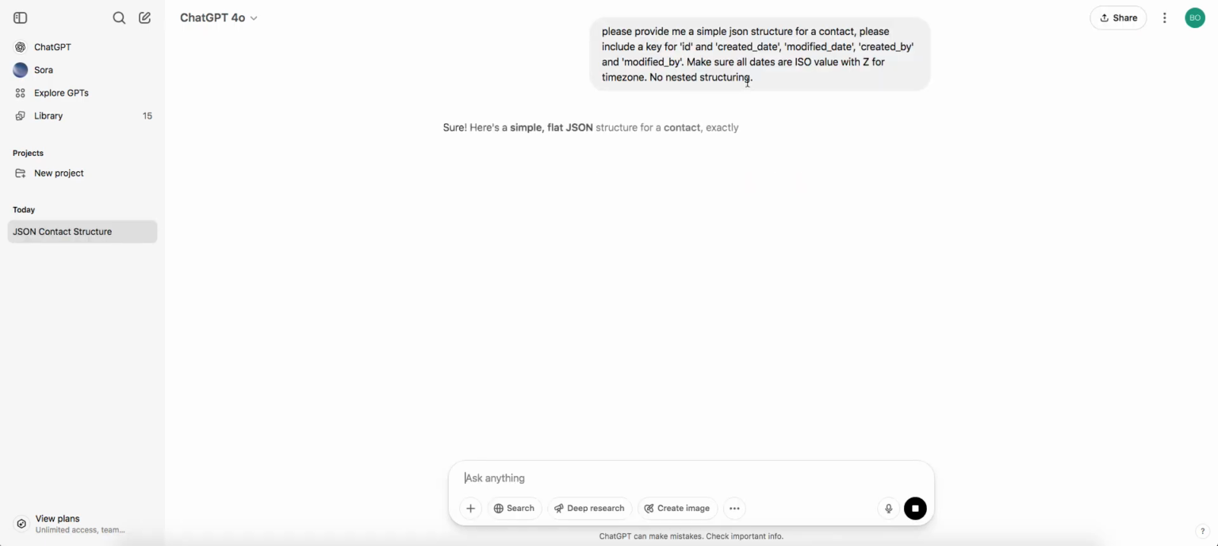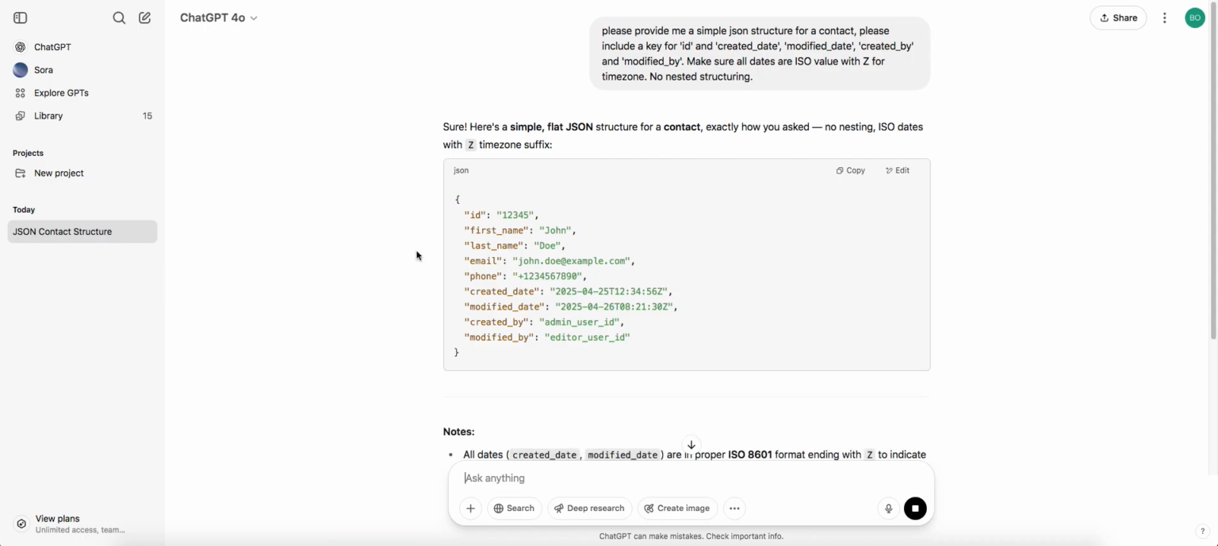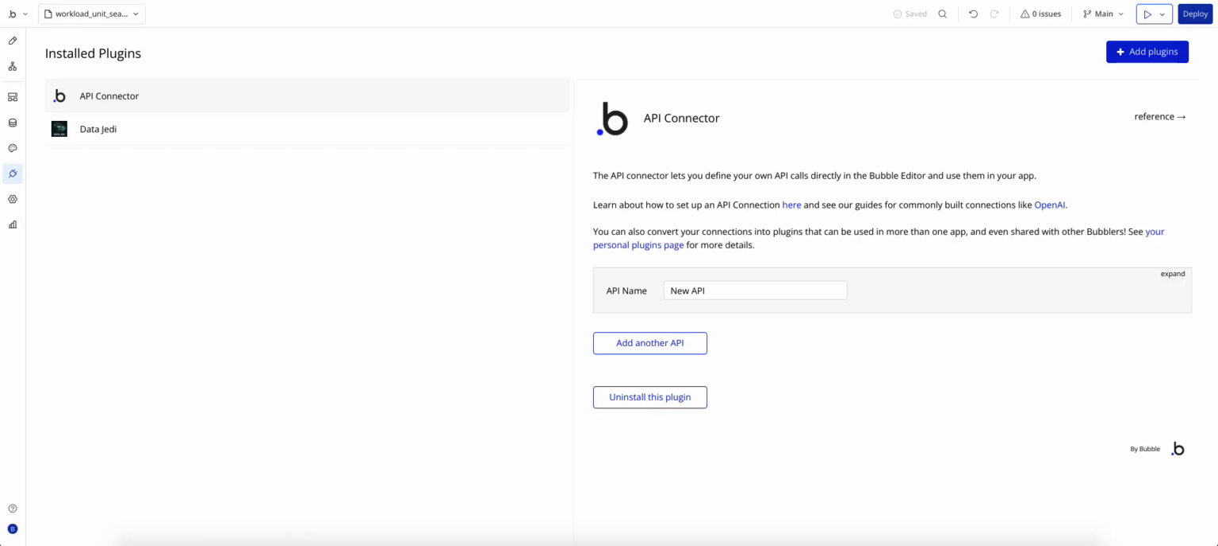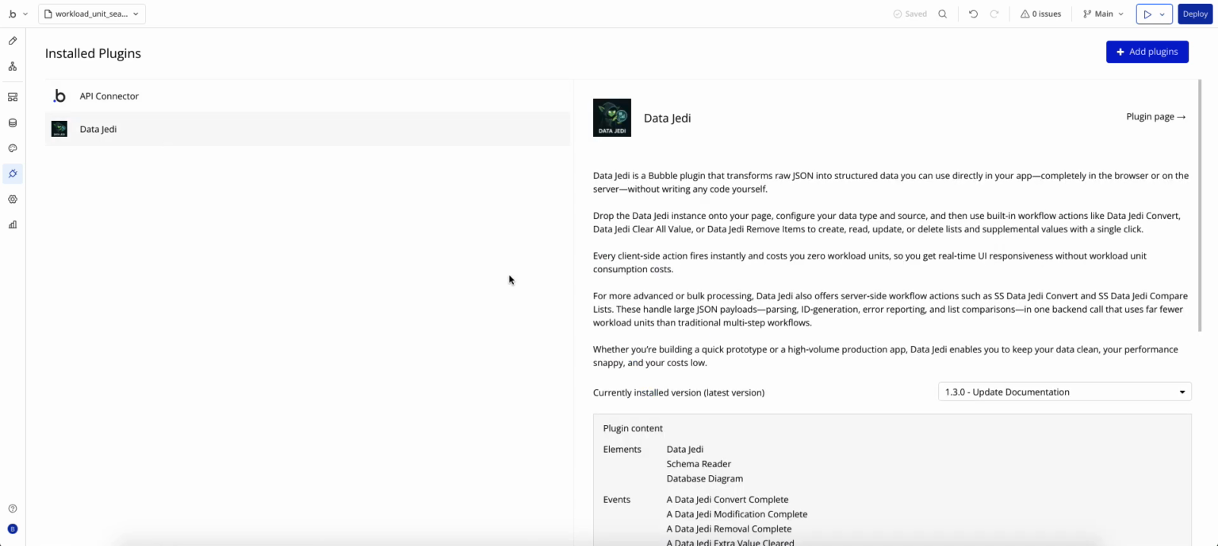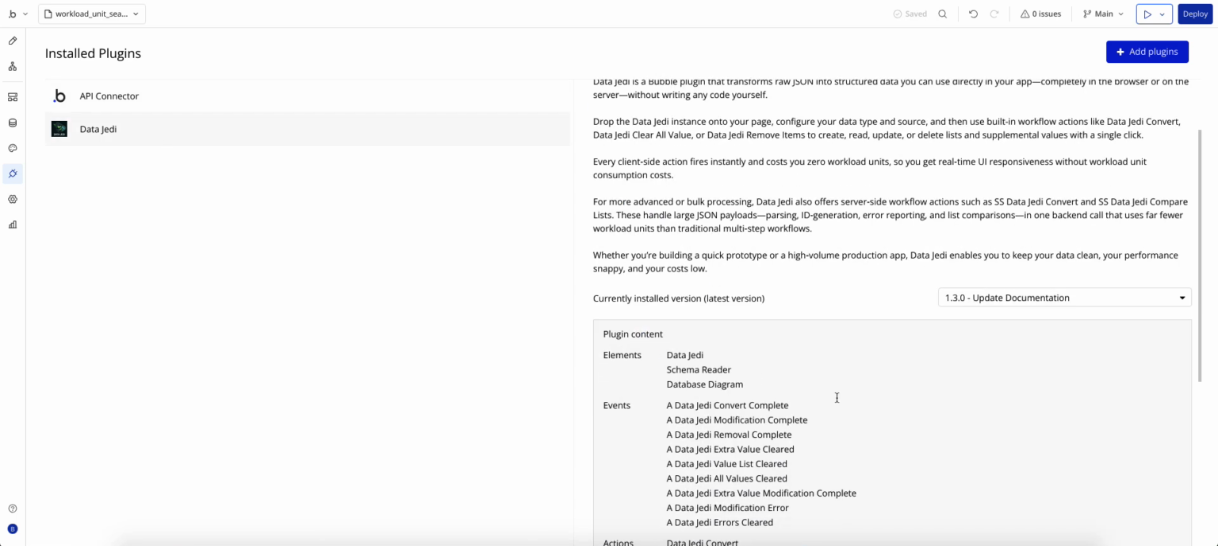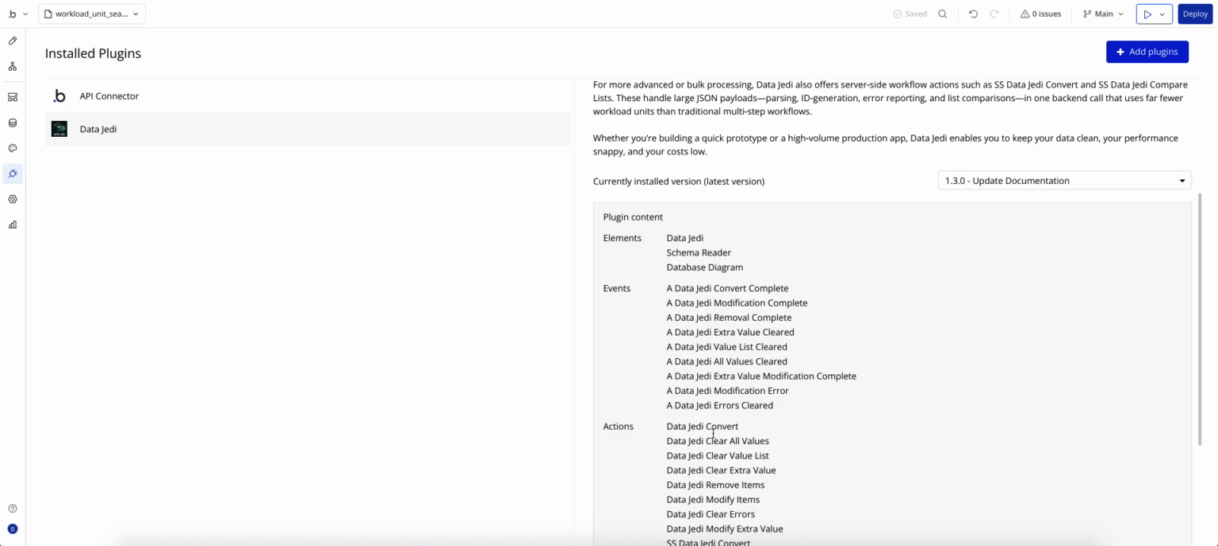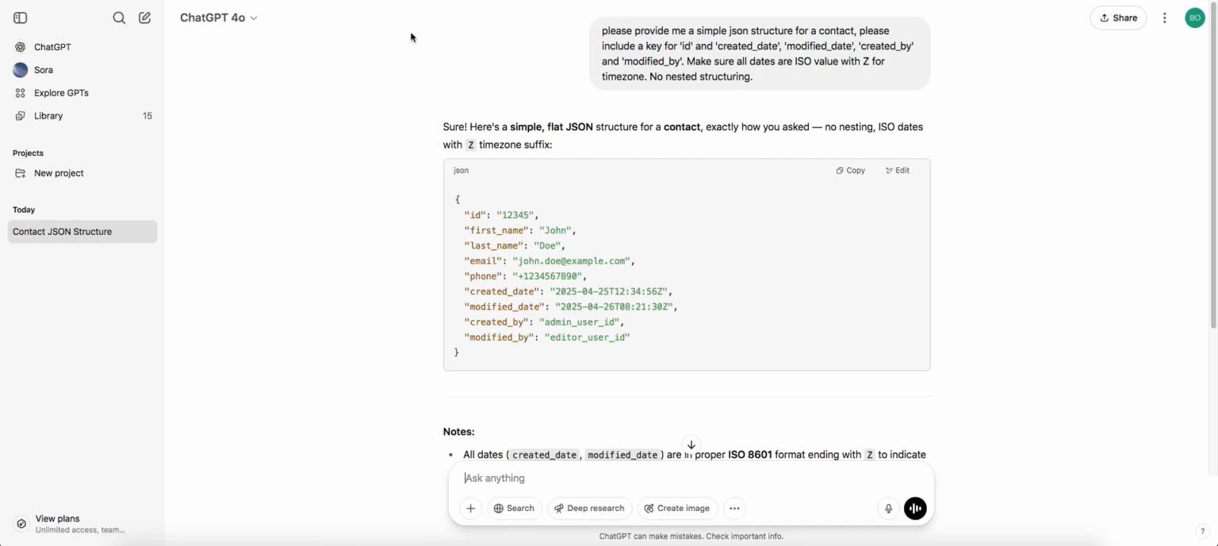So as you can see, I did ask it for some specific fields. Now the reason for these are, one, the ID. When we go to save these things into our Bubble database, we need them to have some kind of a unique identifier. So the Data Jedi plugin, within an element called Data Jedi and also actions like convert, automatically generates an ID that is pretty much exactly what Bubble generates as a